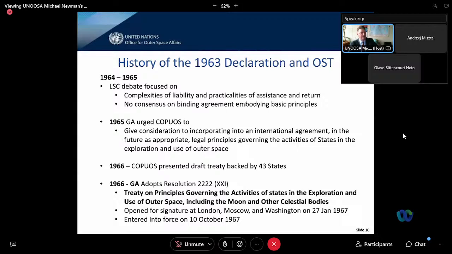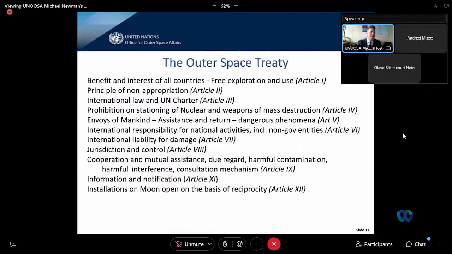This was an incredibly fast movement, and I think everybody that watches or is part of our committee, including all of the former chairs that we have speaking at this conference these next 3 days, would agree that this was an incredibly fast movement, one that, could we see this again? Only if the will is there from the states, from states members of the United Nations, as well as states members of the committee. So we go to, what does the Outer Space Treaty contain?